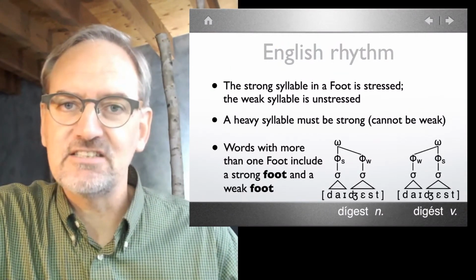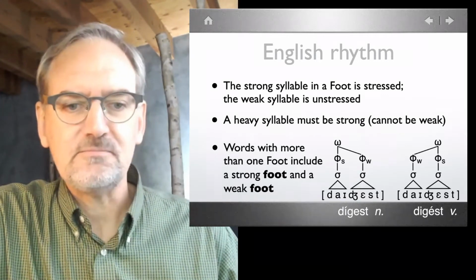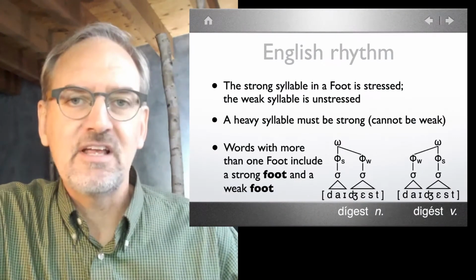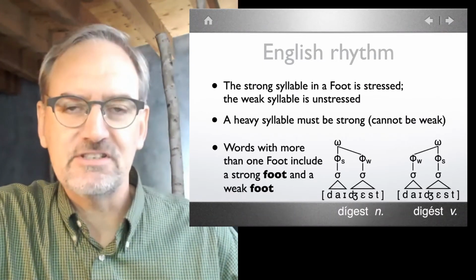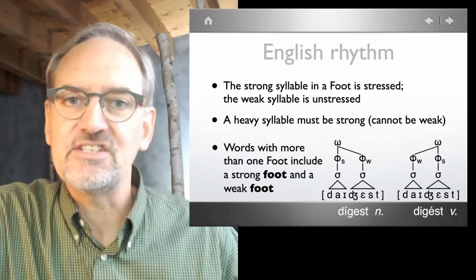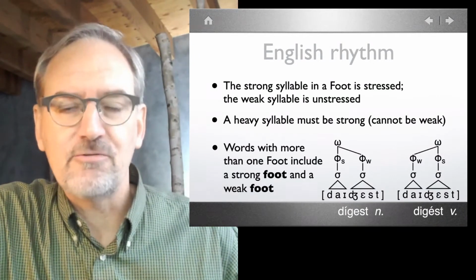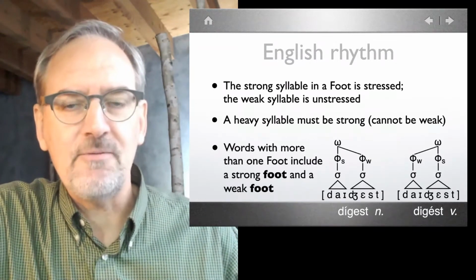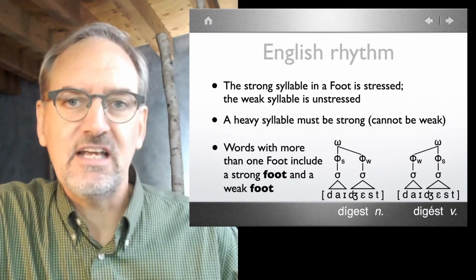And in digest, we have the opposite pattern of feet within the word. Each of them is still a monosyllabic foot. This time, the second foot is the strong foot in the word, and the first foot is the weak foot in the word. And therefore, the pronunciation is digest. Still, each has stress. Therefore, neither of them undergoes vowel reduction. There's no pronunciation of schwa, but the placement of the higher pitch on primary stress, in this case, lands on